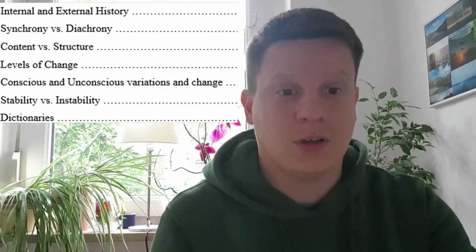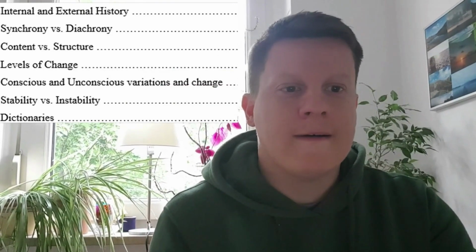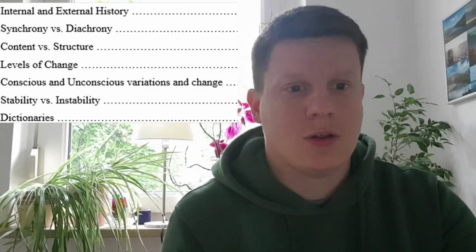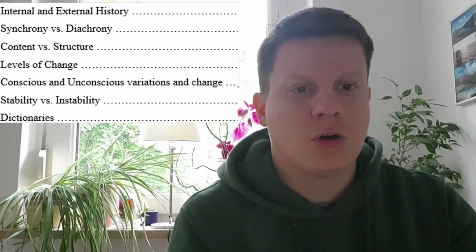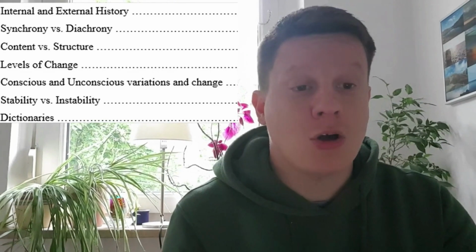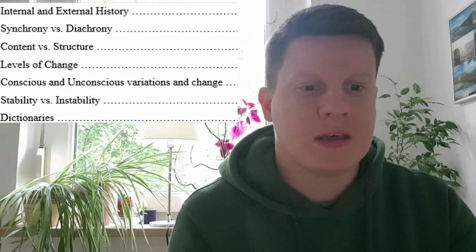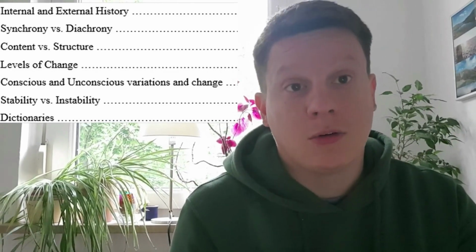They're only going to know why English is what it is around the world, why different accents and all, if they learn the history of the English language. So the basics of a system language, I tell them, the main things that they should know are internal and external history, synchrony versus diachrony, content and structure, levels of change. They should know also corpus, conscious and unconscious variations in change, stability versus instability, dictionaries, the Indo-European tree,